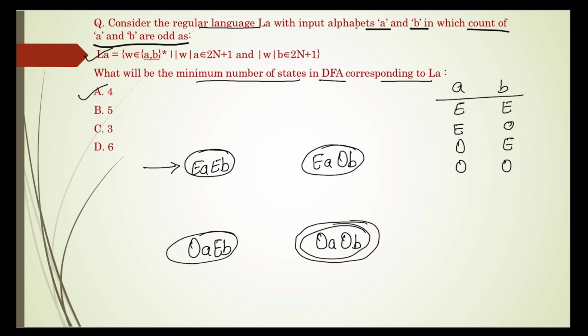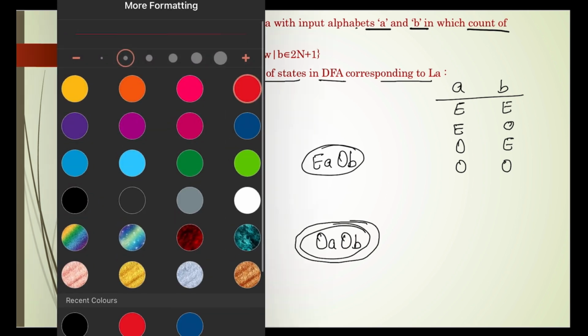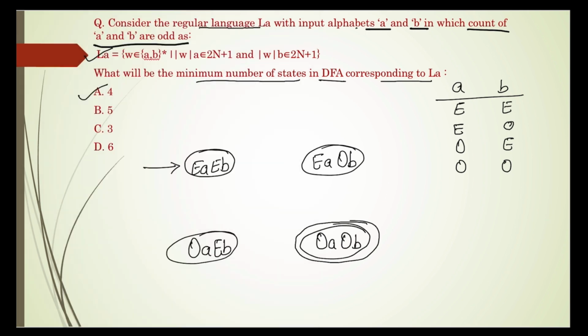And this will be our final state because we have to identify the odd number of a and odd number of b. So how will we define the transitions? When I am defining a transition from this state to this state, just check which is changing. Even a is here, even a is here. It means you don't have to define the transition of a from this state to this state. You just have to define the transition of b.